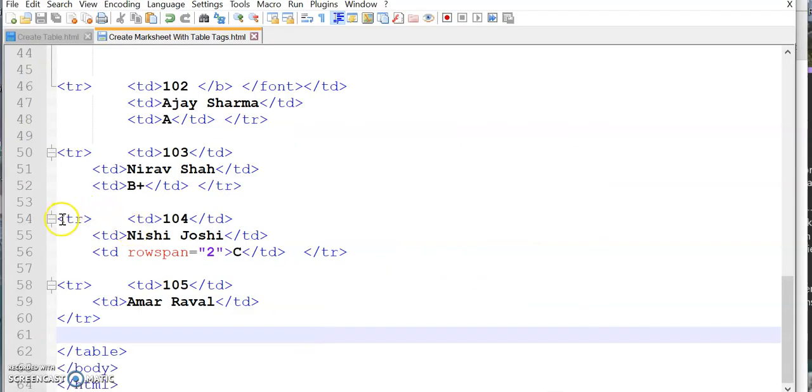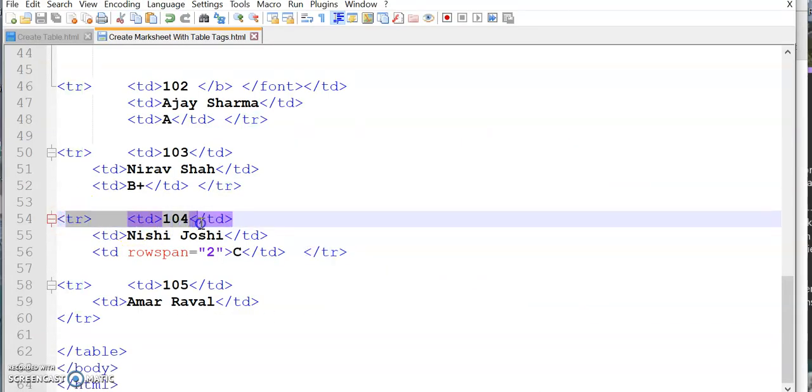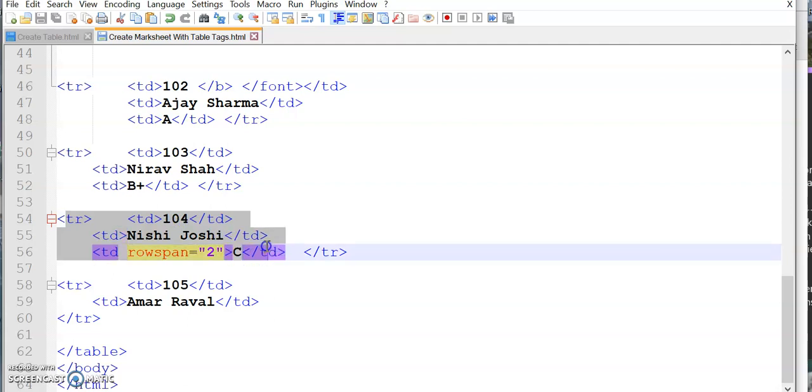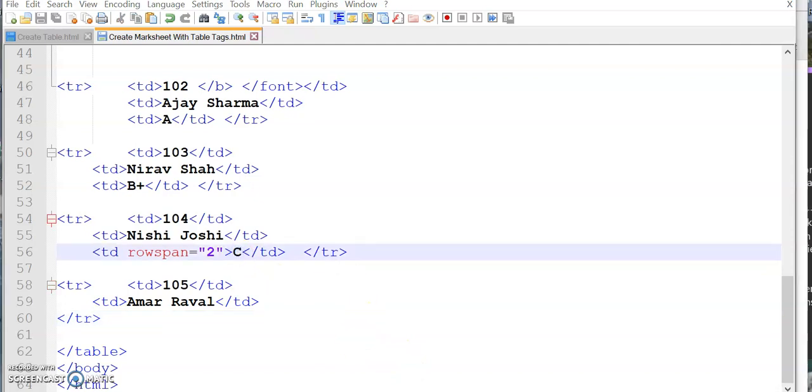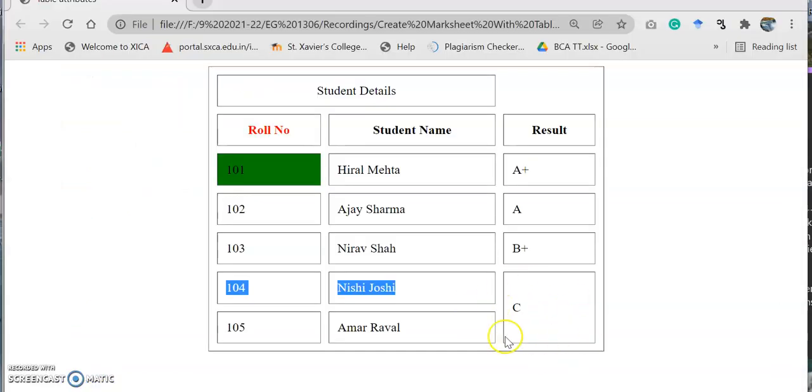So here you can see TR, TD 104, TD Nishi Joshi, TD C, right? C grade. But in this TD, I want to apply rowspan 2. Rowspan 2 means the below row should be merged with this Nishi Joshi row, right? And so whatever you write, it will be applicable to the below row.